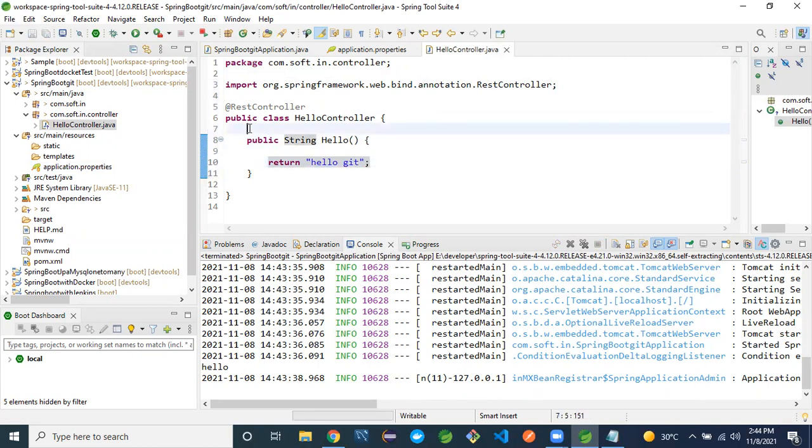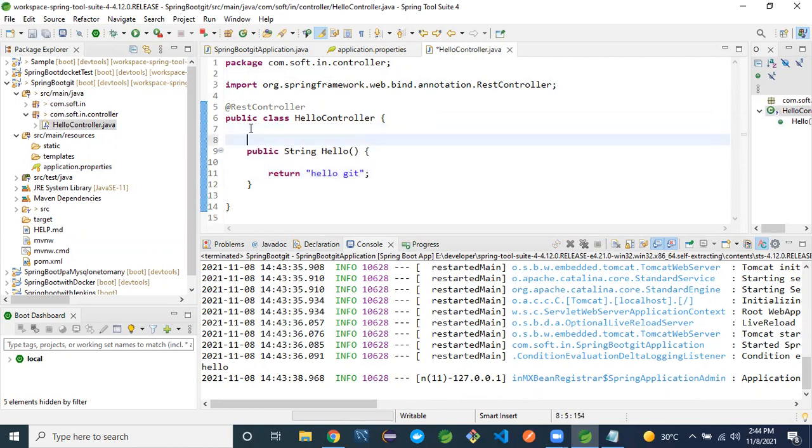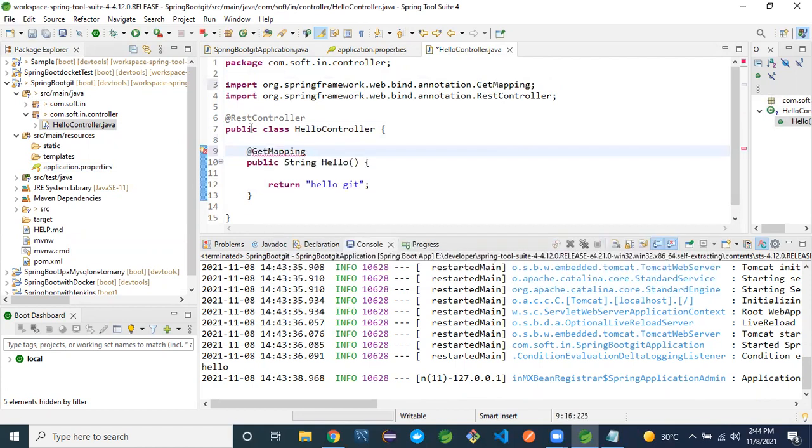In this method, so that you can call it from the browser, I will give one GetMapping, hello. Any name, you can choose any name. Let me run this project.